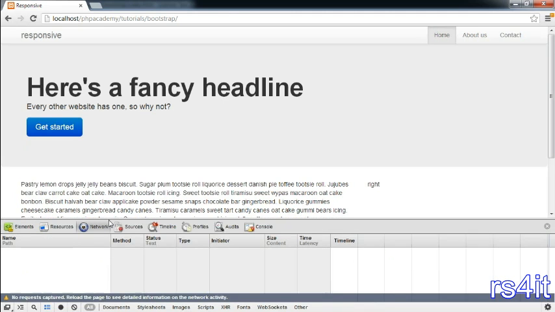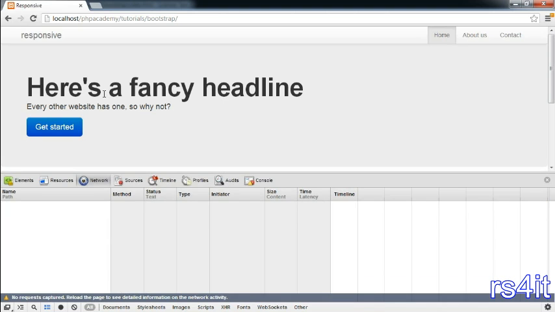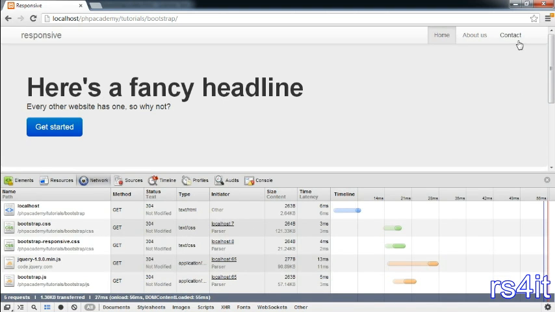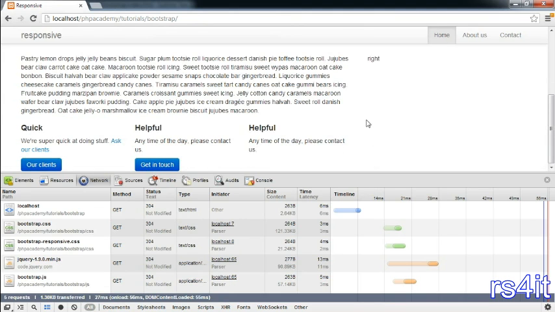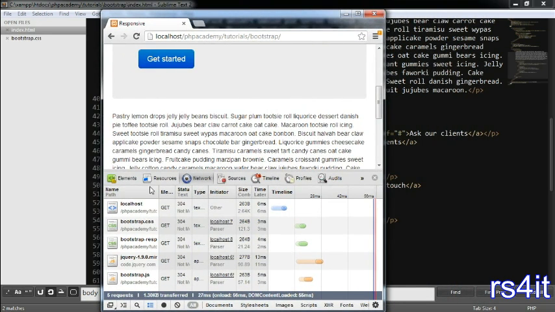So if I bring up the network tab here and give this a refresh, we're using an icon for the responsive nature of the navigation, which means that we have the little icon when we resize. So we've got this little icon here. Now, if we were using 20 icons, we'd be generating 20 additional HTTP requests, which is really going to slow down our site. Instead, we load in